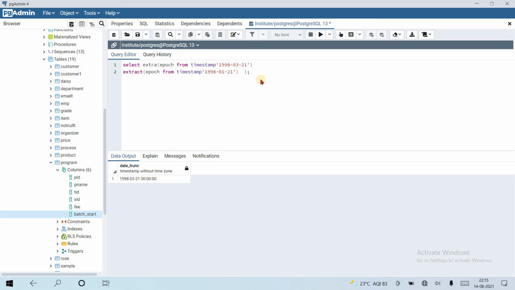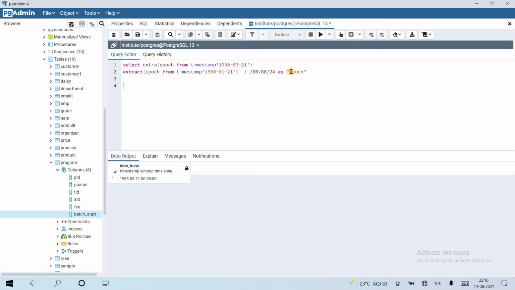So here, extract epoch from some timestamp minus extract epoch from timestamp, divided by 60, as epoch. This is the first thing.